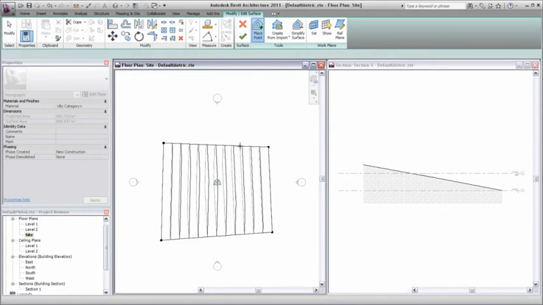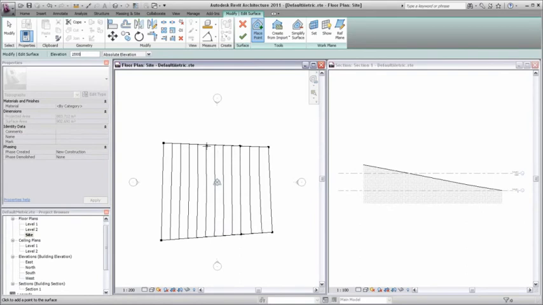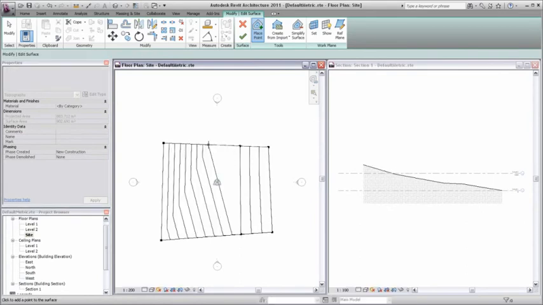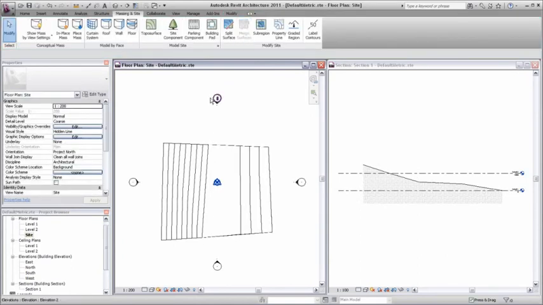Points are added at different elevations to make a more level area on the surface. Add points as required to match your site conditions. After the points have been defined, click Finish to complete the topo surface.